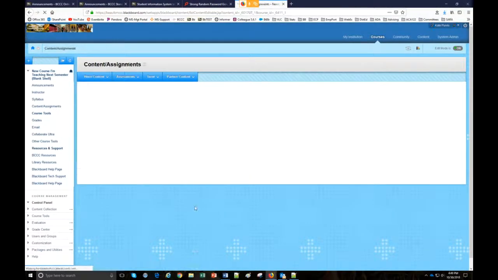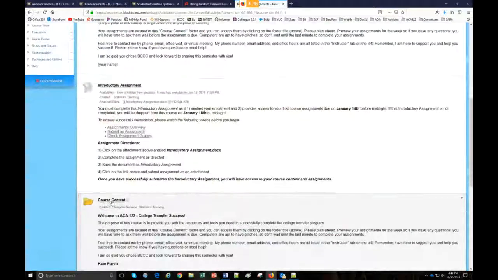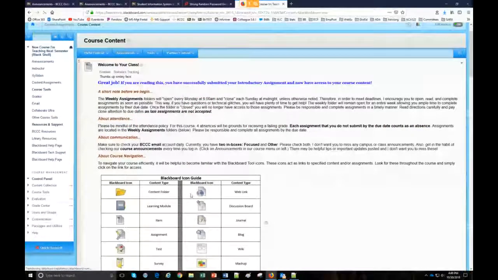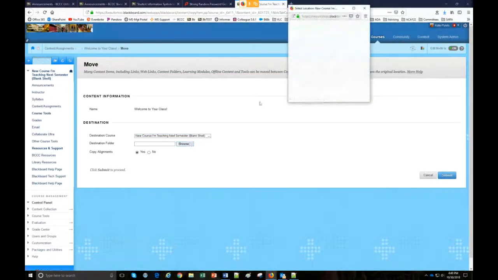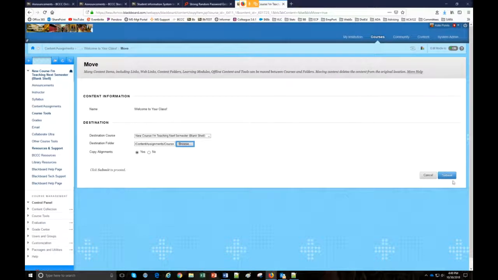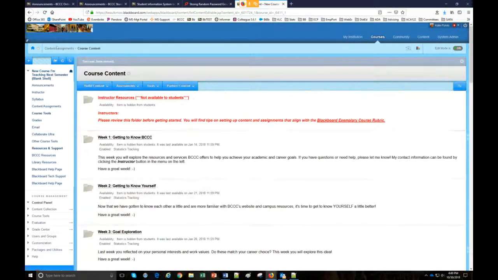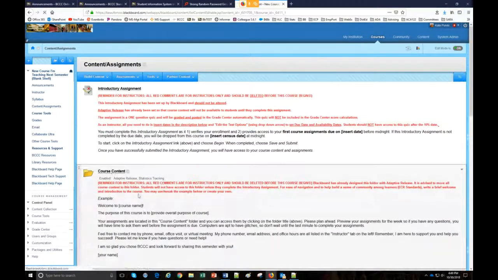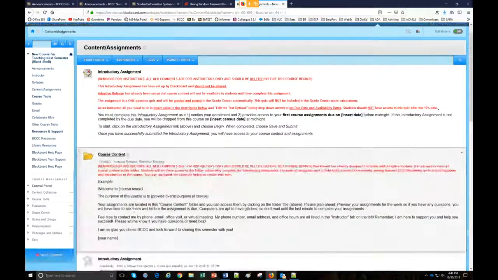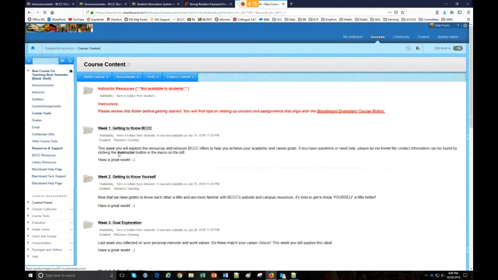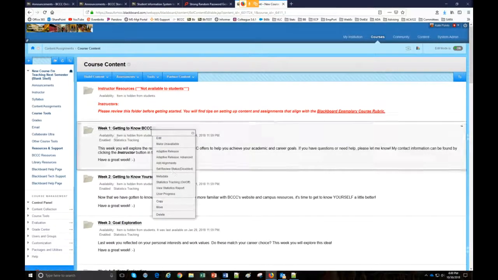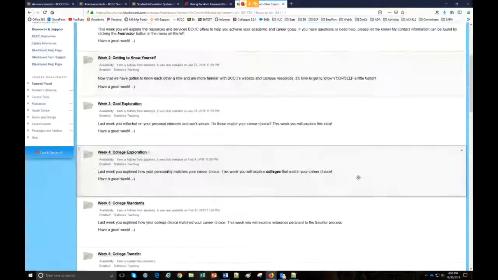And the way to do that is very easy. You just find the information. If you want to move this, you just click the drop down, move, and you're going to move it to whichever area you'd like. So I might want to move it to the new course content folder. And so now if I go back, that's now located in the correct course content folder. So I would just continue with that, go to my old course content, and move things. I would just keep on moving folders as I need to. That's one way to do it. Or